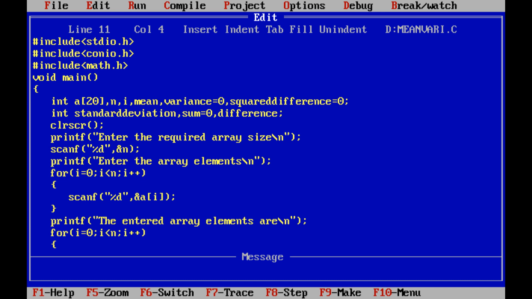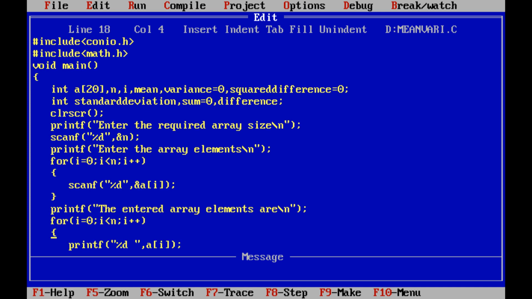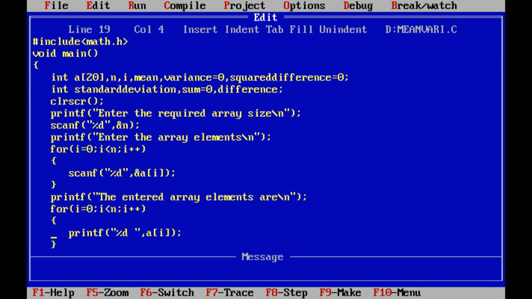The array elements are a[0] to a[4]. Now, whatever elements are read from the keyboard, those array elements are printed by using a for loop and printf function. For reading the array elements from the keyboard, we have to use for loop and scanf. For printing them, we have to use for loop and printf function.